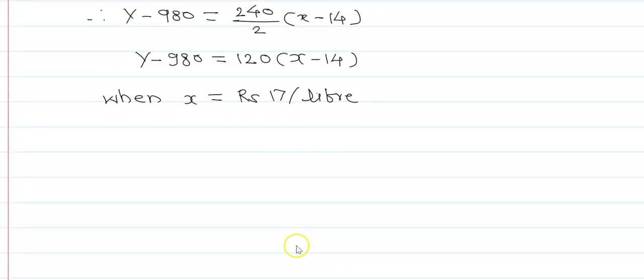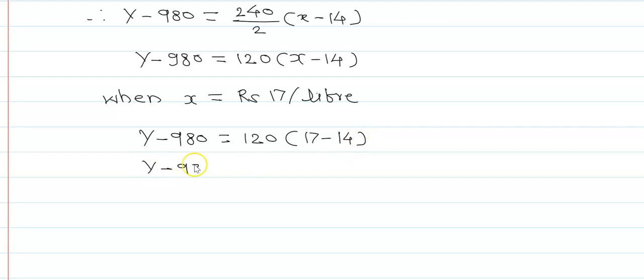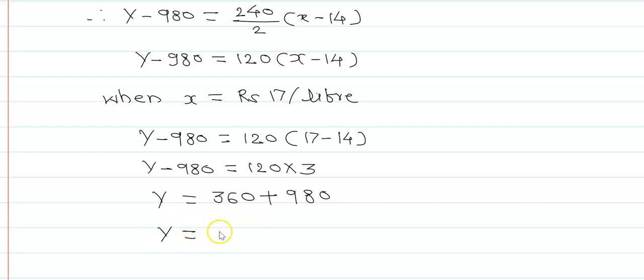Therefore, here y minus 980 is equal to 120 times (17 minus 14), that is 120 into 3. Therefore, y is equal to 360 plus 980. Okay, 360 plus 980. Then here you will get y is equal to